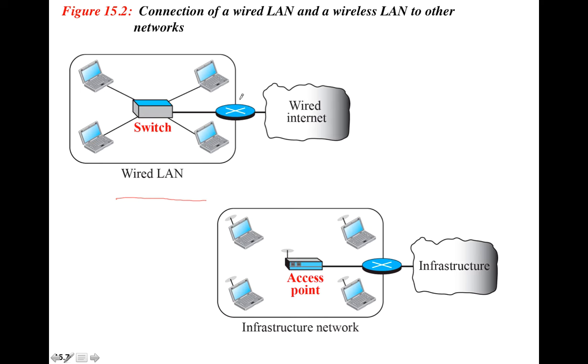Now, in a wireless LAN, with the infrastructure type of wireless LAN, all devices have access to an access point, a central controlling entity called the access point. So all these devices will communicate through the access point, and this access point is a wired device, by the way. It has two interfaces,